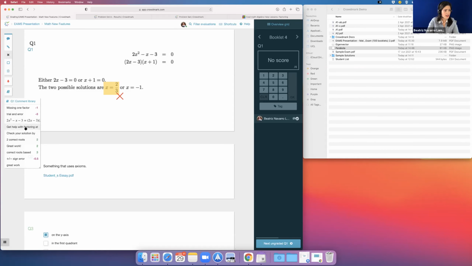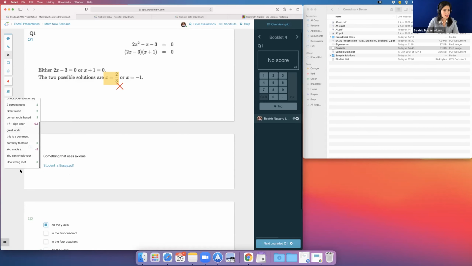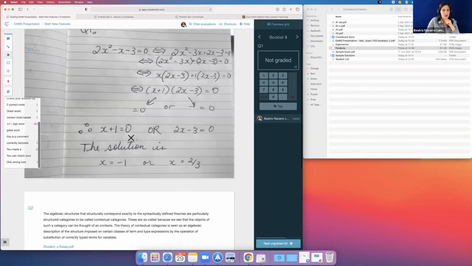And then again, I previously created one comment that says one wrong root. So I can drag and drop over here and I can reuse them. And this is amazing because now I don't have to retype the same comment over and over again. I can just very quickly drag and drop and put the comments that I have previously created. And this one here, okay, this one again has a small mistake, but imagine that is